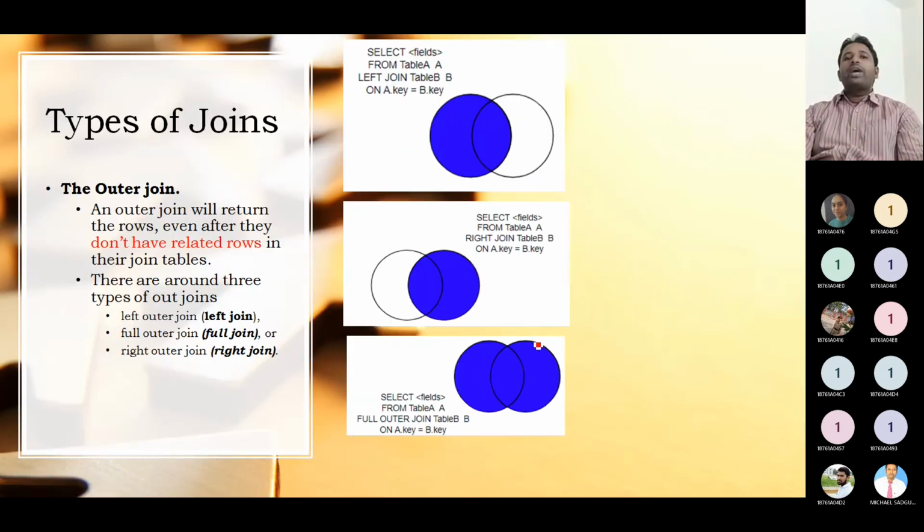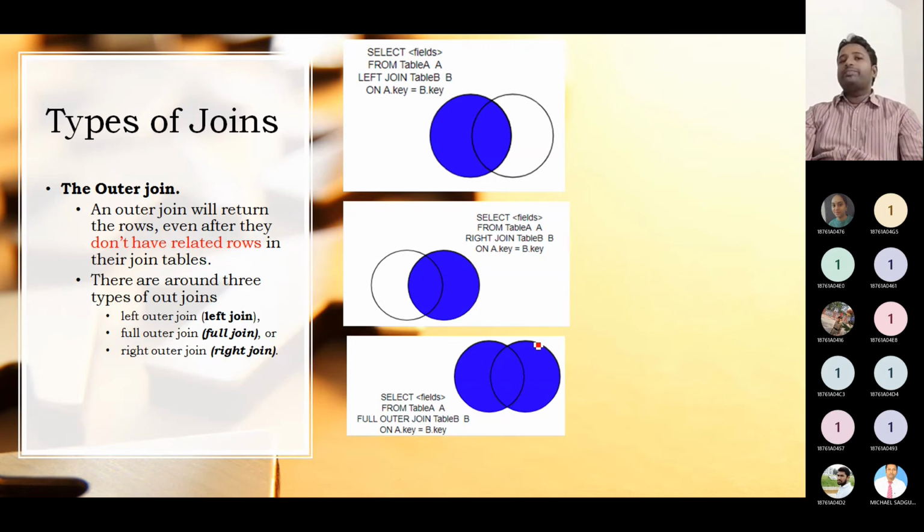Okay, similarly we have outer join. So in outer join, there will not be any related rows. Okay, an outer join will return the rows even if they don't have related rows in the join. Simply we will join. Okay, of course here we have left outer join, full outer join, as well as right outer join. Okay, so left outer join means here we use two tables, and in those two tables, one table is on the left side, for suppose,